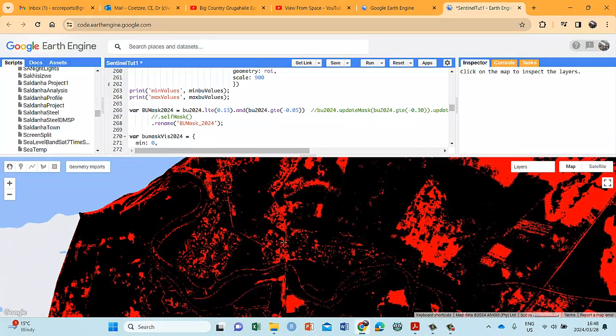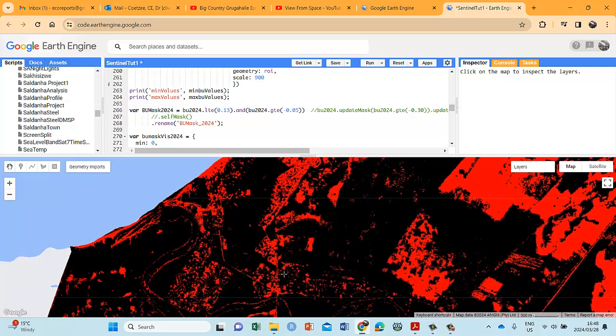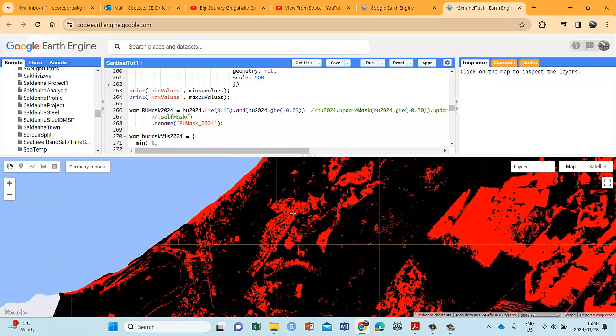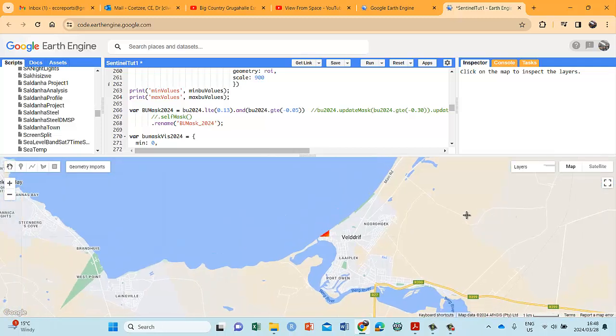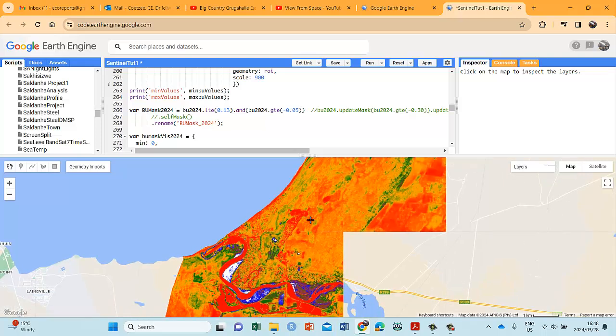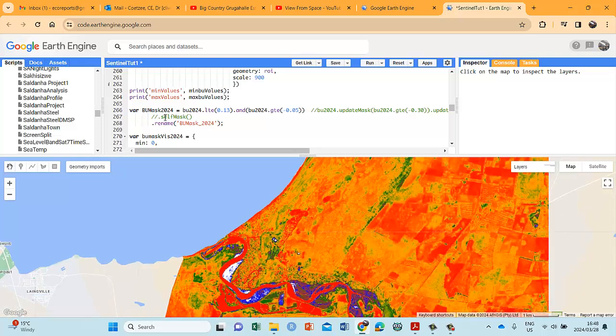I can see we're starting to slowly but surely diminish it, but it's still reasonable. But you can see these sandy patches still exist. Now I'm almost sure that if we use the winter images, it will be much better. But let's quickly